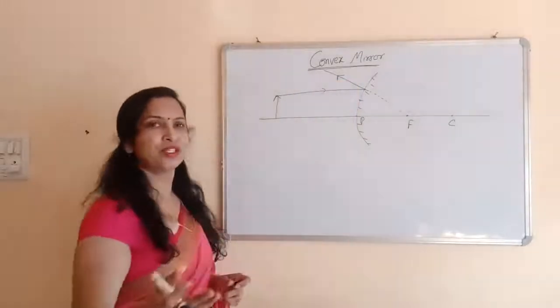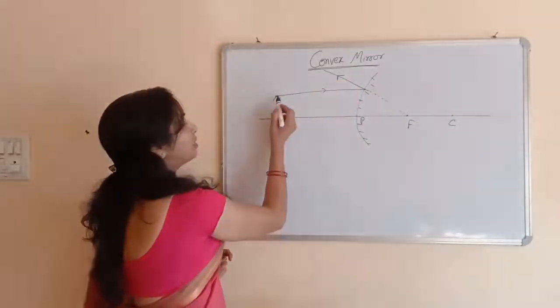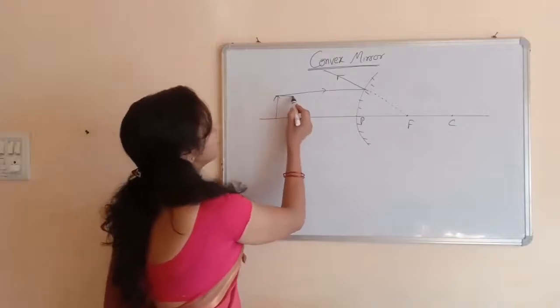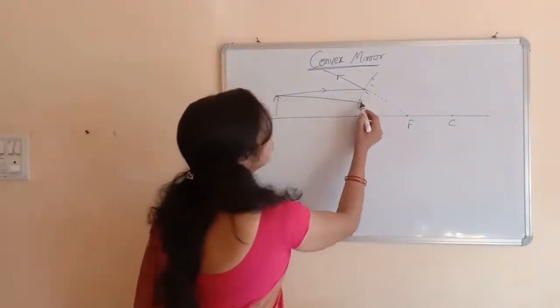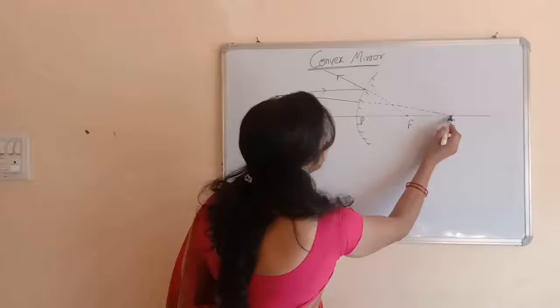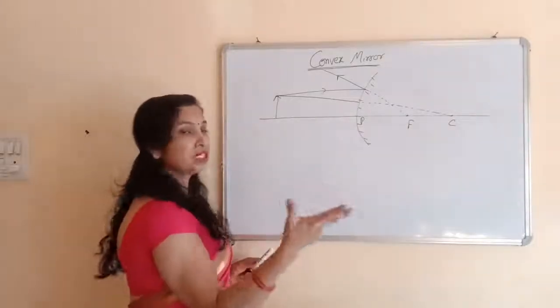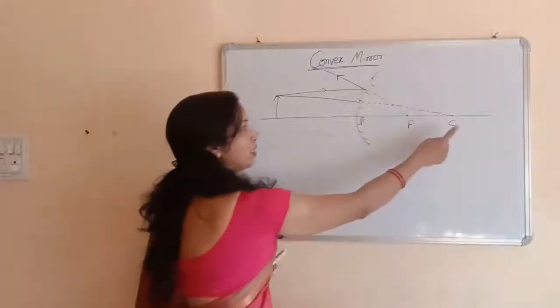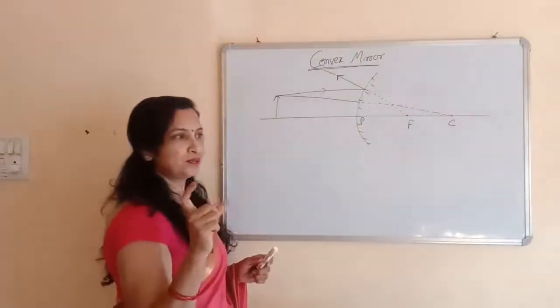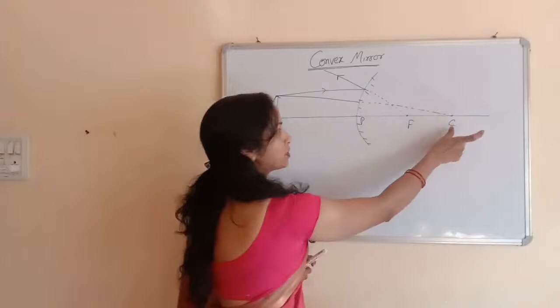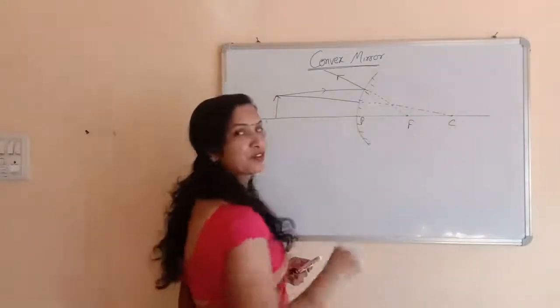Okay, you can draw the images with me. And the second ray, it is coming towards the center of curvature. So you can use a pencil and a compass for making the image. Like by using the compass, you can make the arc like this. The point you use as a center for making the arc is the center of curvature.